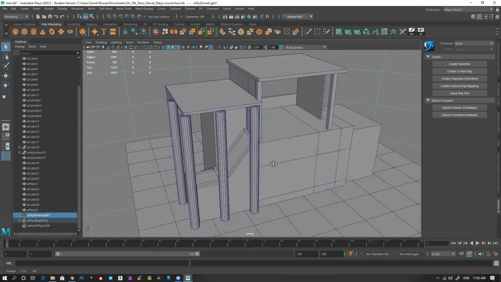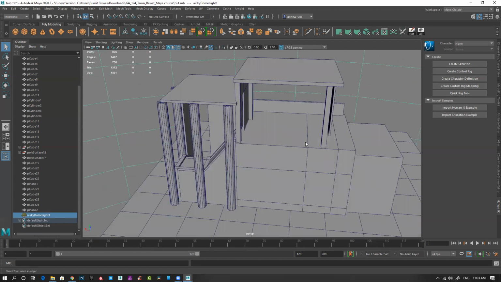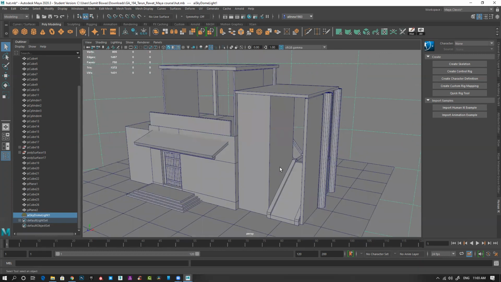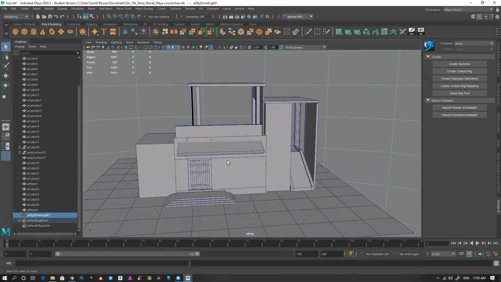Right now we have used all basic polygons, and this is a very simple object. You already know Max, so it's the same principle. It's just that the tools are a bit different. That's the only difference. Otherwise, it's exactly the same thing. But Maya is faster and more efficient compared to Max, for a few things.